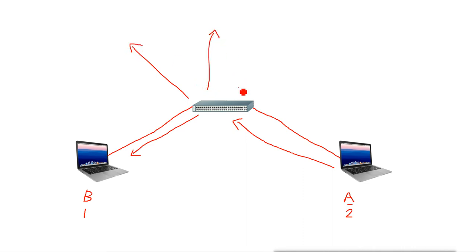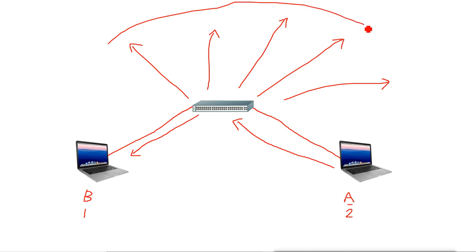It will reach all the machines in the network, and it will simply ask who is B, whose name is machine B. Nobody will answer because they do not have the name B. This machine's name is B. So this machine will send the reply that yes, I am B, and this is my IP address.